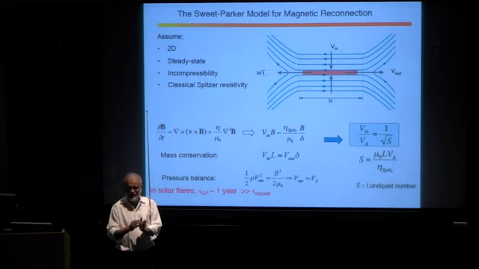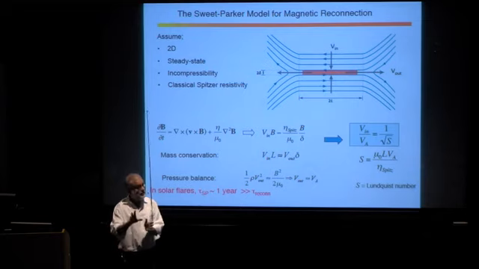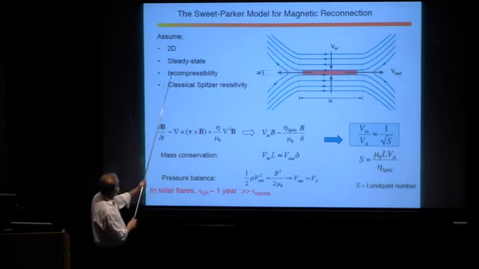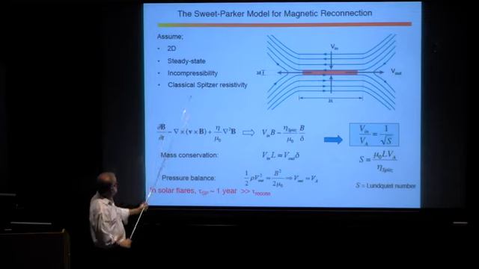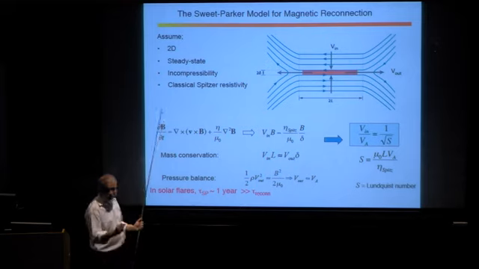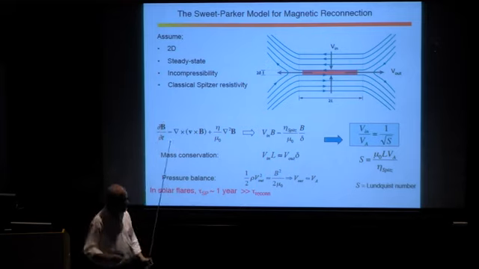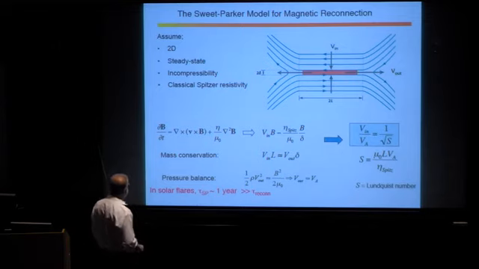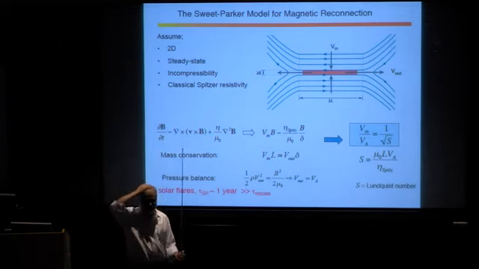That is, that you could set del t equal to 0 in the MHD equations, but keep the full nonlinear equations to calculate what the reconnection rate is. Assume 2D, steady state, for simplicity and incompressibility, and classical Spitzer resistivity. You see this equation? E plus V cross B equals eta J. I'm not going to write, should I write on the blackboard? Curl E is minus del B del T, right?